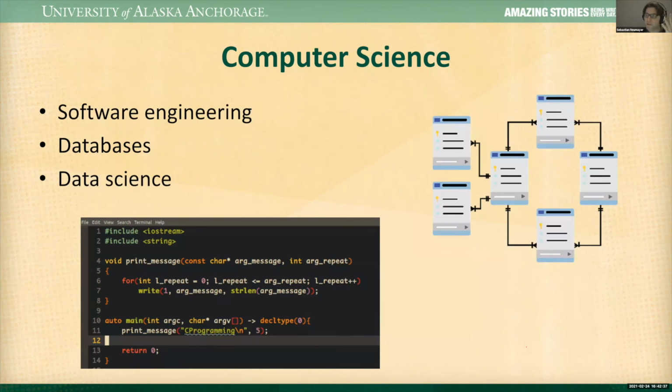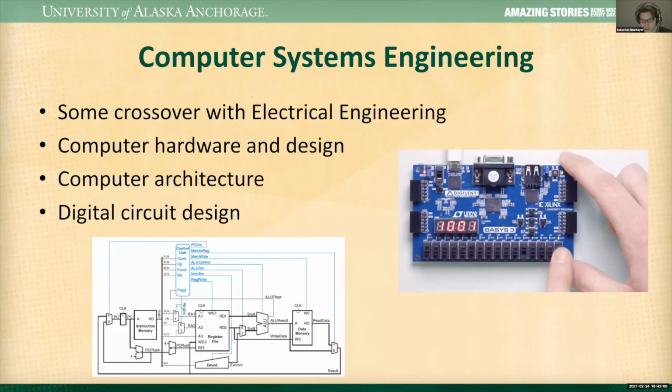Computer science, here are some of the classes you would be taking. So there's a class on databases, data science, like that graph theory stuff, as well as software engineering. So if you're working in teams and creating a larger project, how do you add to the project without overriding someone else's work? How do you integrate with the team? That's a large part of software engineering. Whereas in computer systems engineering, you're working with circuits and dealing with the internals, how the computer is actually built at the silicon level.